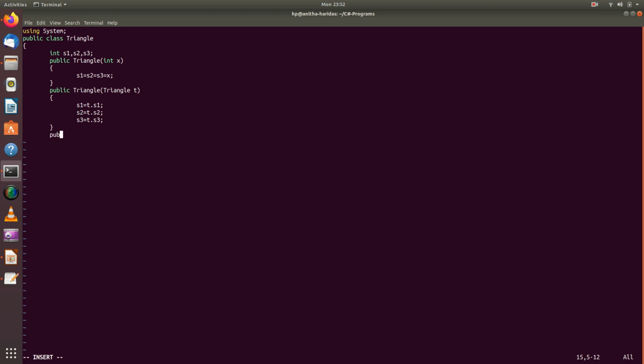And I am going to have a method member. Let me have it as a void method. I am going to just call it as display method to display the sides of the triangle.